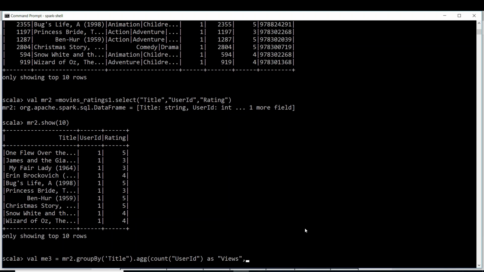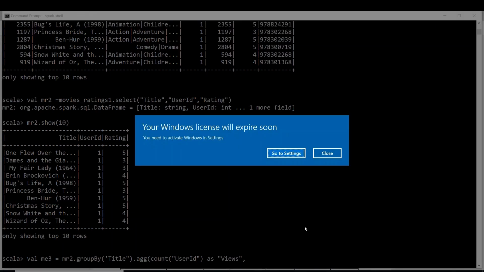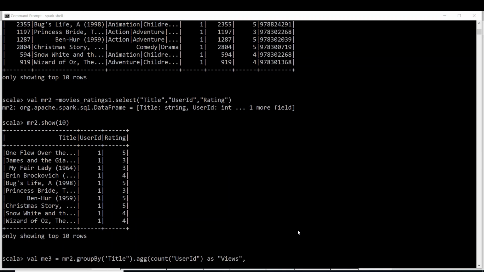So here, which movie shall we consider as highly rated? The movie with a high rating. High rating in the sense that even though the number of people or views may be less, the rating must be high. So we need to go with average instead of going with sum. So average of rating.